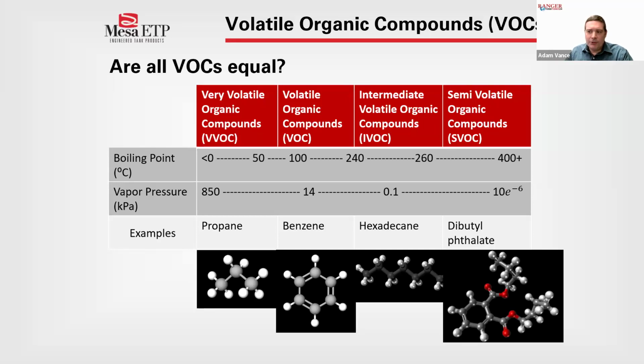So moving on from vapor pressure and how volatility is established, we can dig a little deeper into what the emissions produced in an above ground storage tank are. When discussing emissions, and particularly in a permitting discussion, we discuss VOCs, or volatile organic compounds. Not all VOCs are equal, and in fact, they span a wide range of molecules and matter states. The very volatile organic compounds have a very low boiling point, and because of this, can be in gas form at room temperature. Examples of this being propane, and as you can see in the diagram, it is a very small